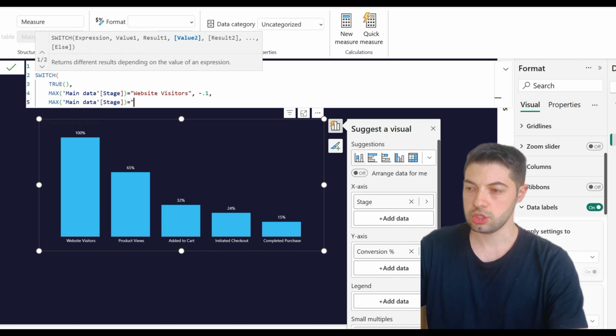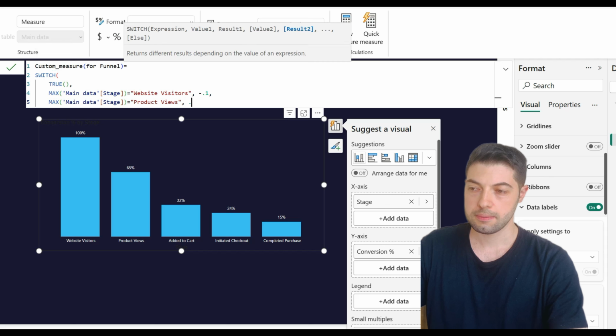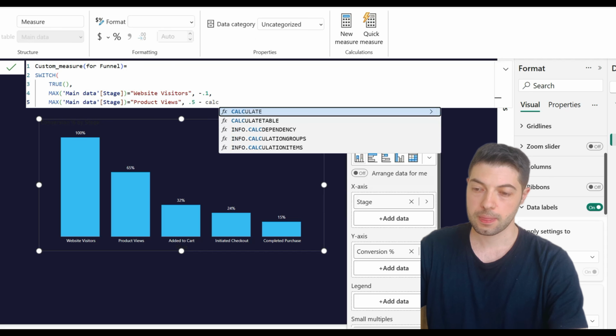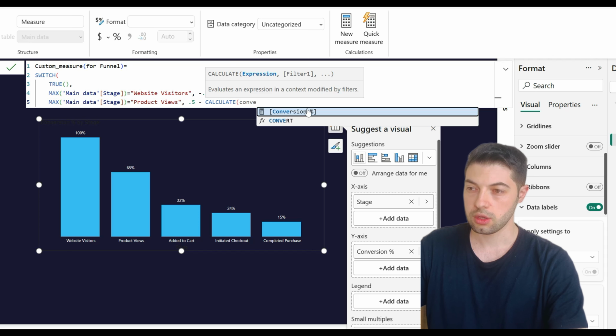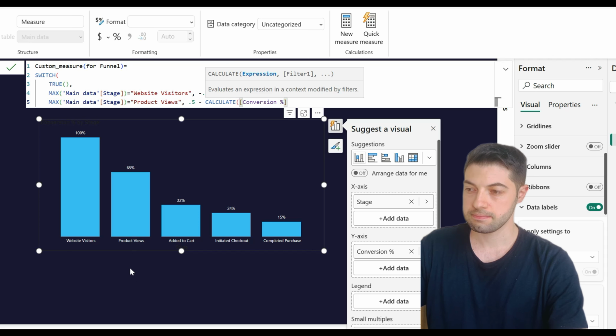And stage product views, for example, it can be 0.5 minus its half, conversion rate half, conversion percentage, and we need product views.